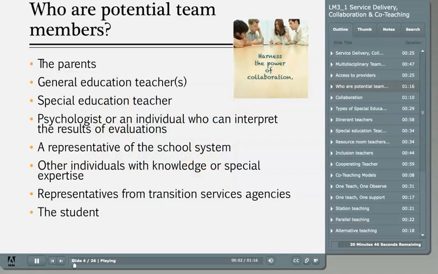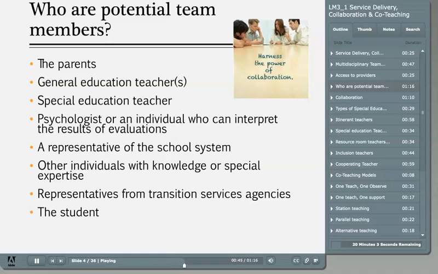The members of the multidisciplinary team who provide services and write the student's IEP include the parents who have valuable insights and information about their child's strengths and needs and ideas for enhancing his or her education, the general education teacher who can share information about classroom expectations and student performance, a special education teacher who has training and experience in educating children with disabilities and in working with other educators to differentiate curriculum and provide supports, a psychologist or other individual who can interpret the results of any evaluations and use these results to help plan an appropriate instructional